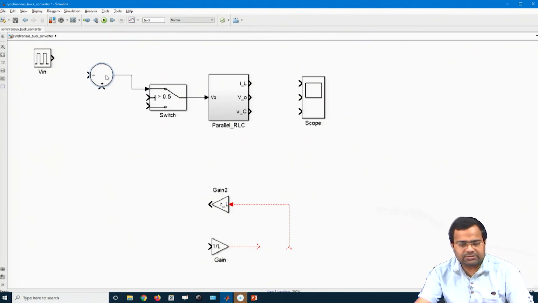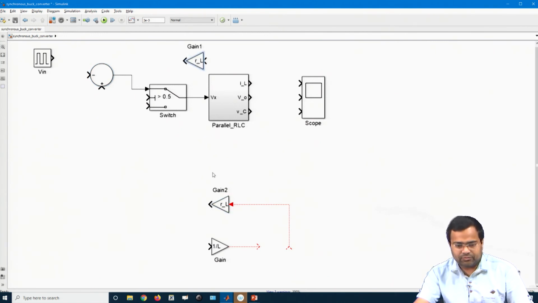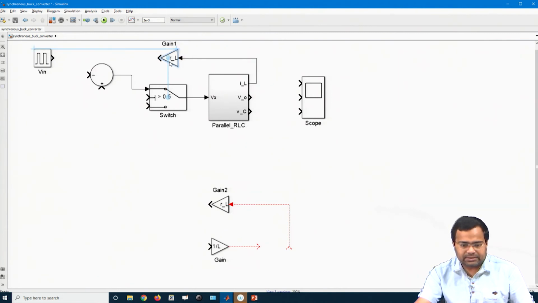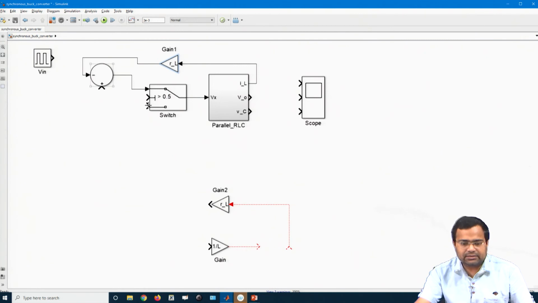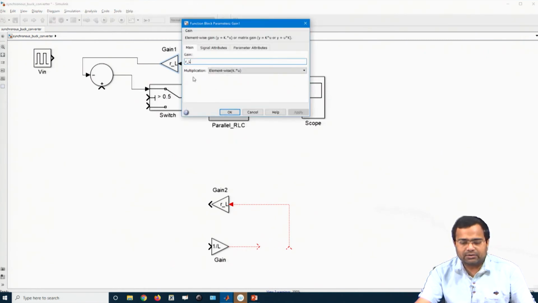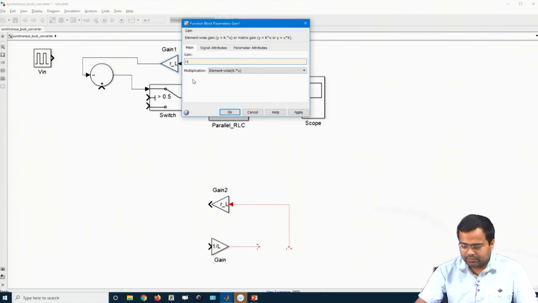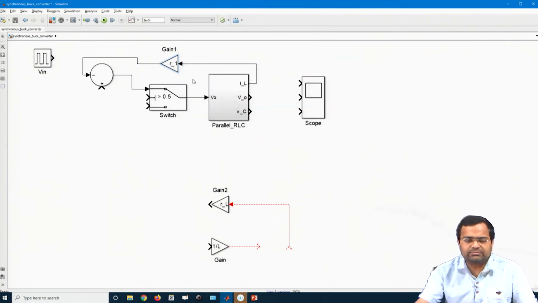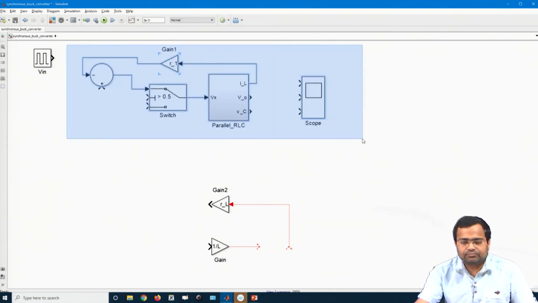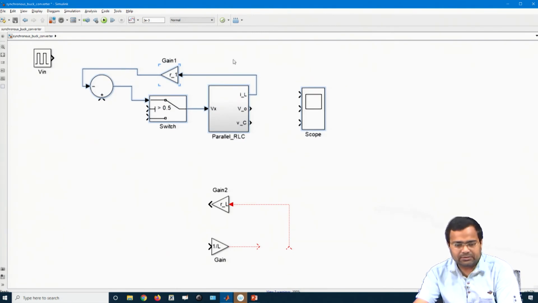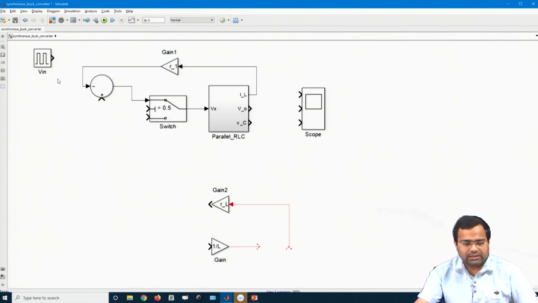So, this is my first block where I have to define what is the on resistance. This is coming from the inductor, we can simply connect it like this, and this is my R underscore 1, that is my on time resistance of the high side MOSFET. Okay. And this is now my new V in.